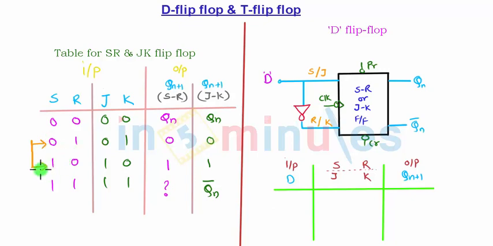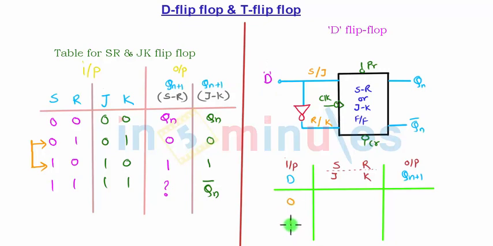So we will see the output for this configuration that we made. This is just a modification of SR or JK flip-flop into D flip-flop. So D is going to be the only input to the flip-flop. So the value for D flip-flop is changed 2 times, means it's the only bit, so it will be 0 or it will be 1. So D bit is 0 or D bit is 1.